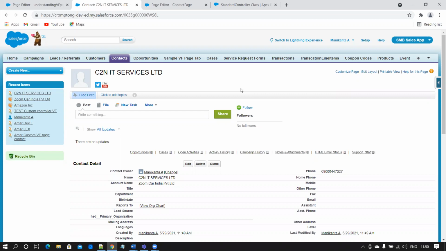That is extensions and standard controller and custom controller. See, in real time, if there are some Visualforce pages, they will navigate to each other. So they will do the navigation part. Navigation means